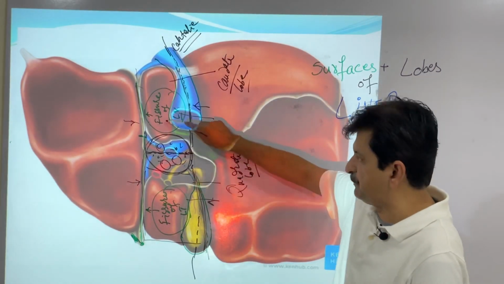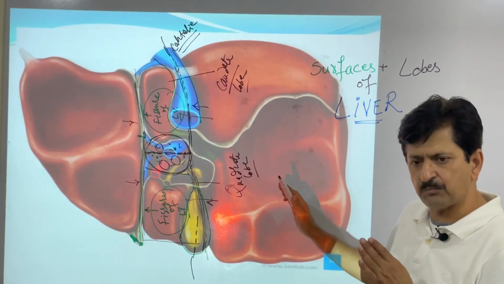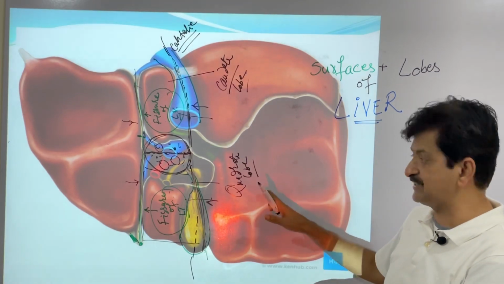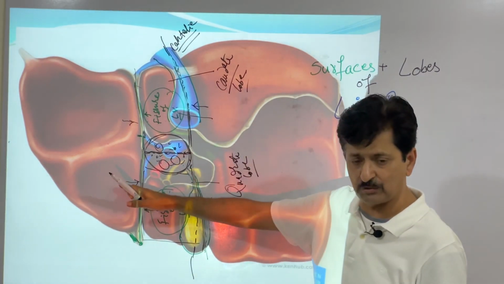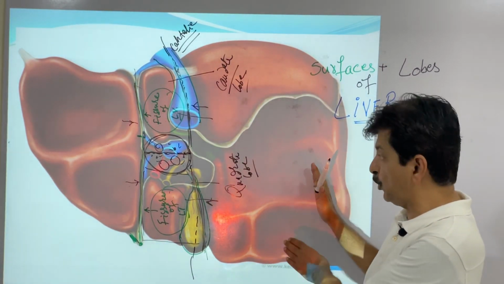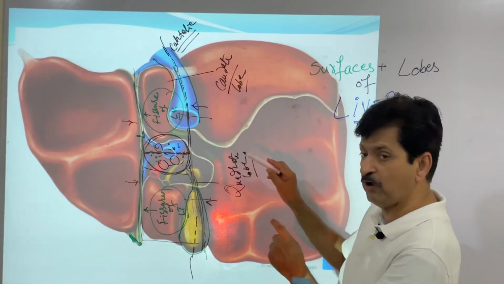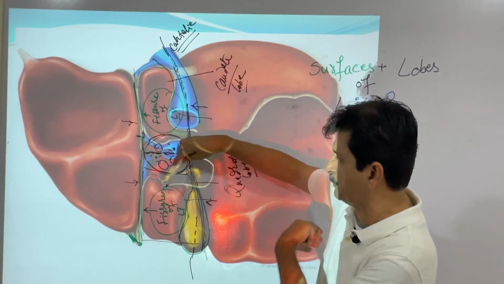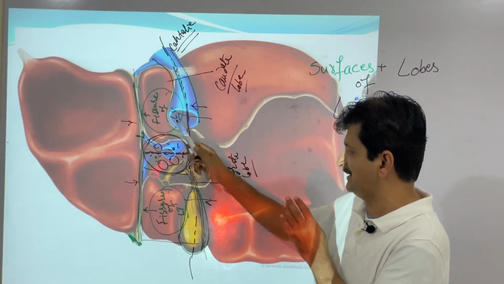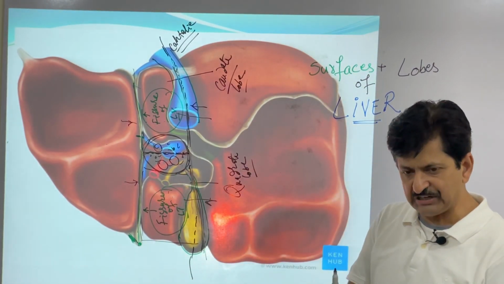So functionally they are a part of the left, in such a way that Cantlie's line, we can say, divides the liver into two equal halves. This time you will not say functionally the liver has 3/4 right and 1/4 left. You will say that 2/4 will be right lobe, but this time the right lobe has in fact been deprived of the caudate and quadrate. They are now part of the left lobe. Functionally, the left lobe is full, with caudate and quadrate together as its functional parts. This is the functional division we will tell you.